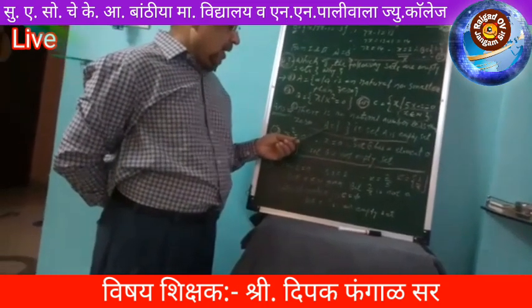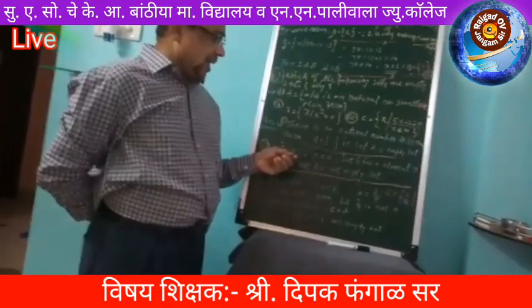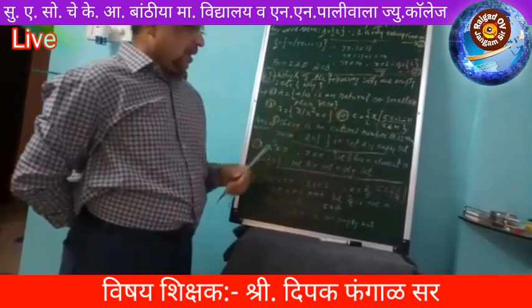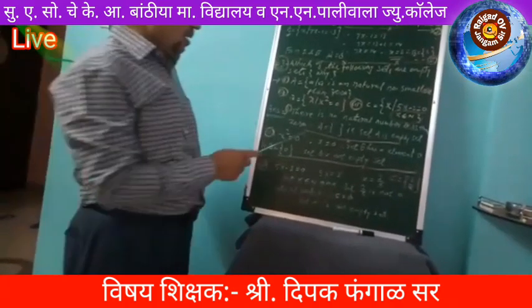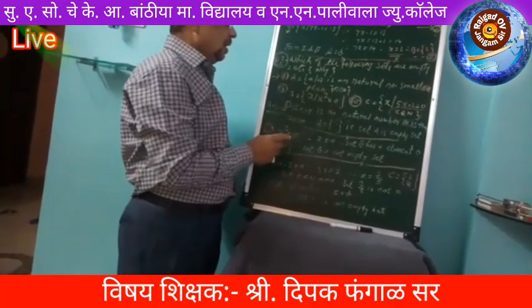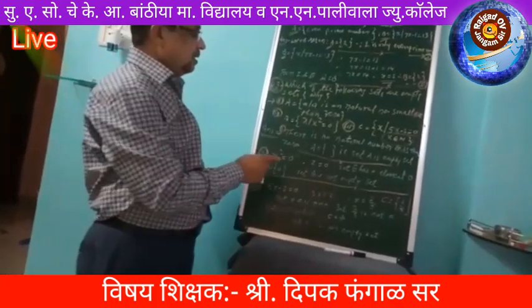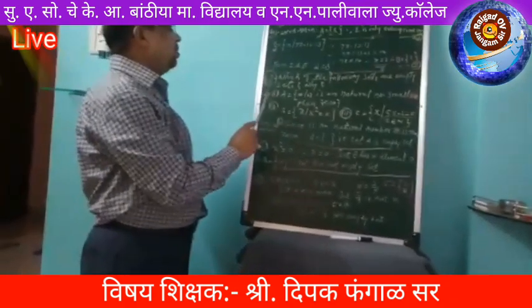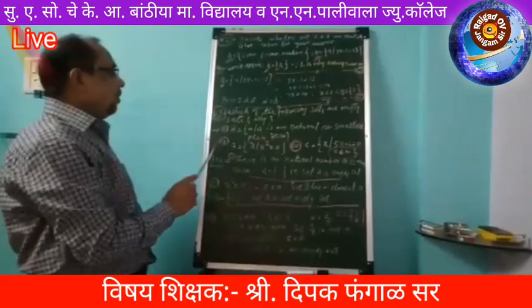Therefore we write A equals empty curly bracket, and the answer is that set A is an empty set. Why empty set? Because no element is present in set A. Hence A is an empty set. So you got the answer of the first question. Now go to the second question.